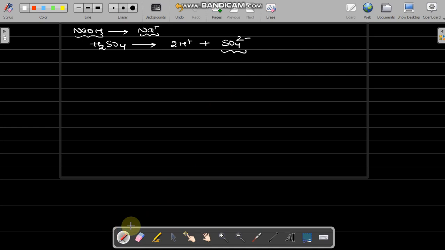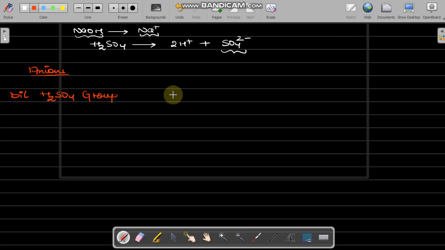Now, first of all, we are going to discuss anions. When a salt is given, what all anions can be present over there and what steps we require to follow. For the detection of the anions, we require a few things. First of all, we divide them into three groups.